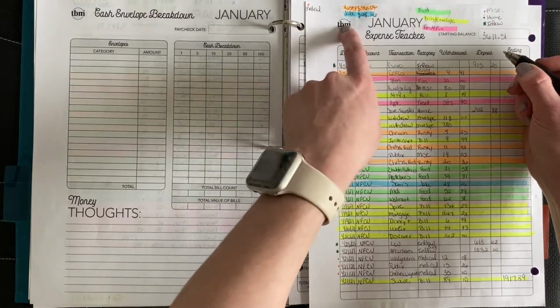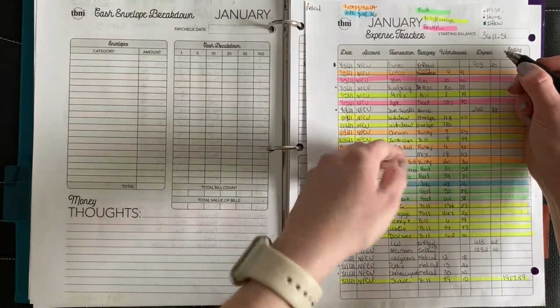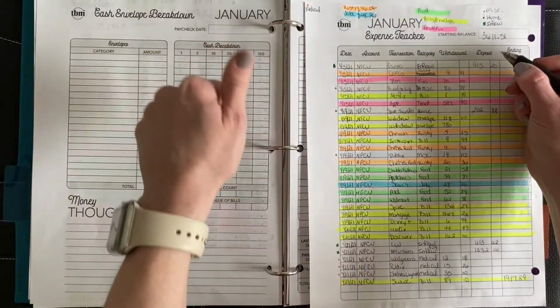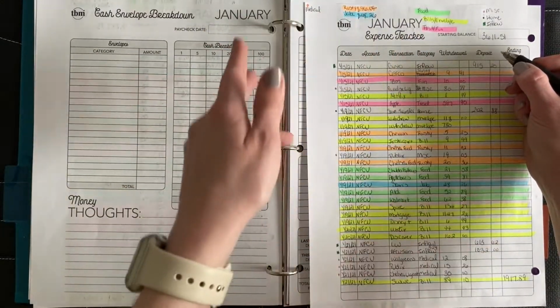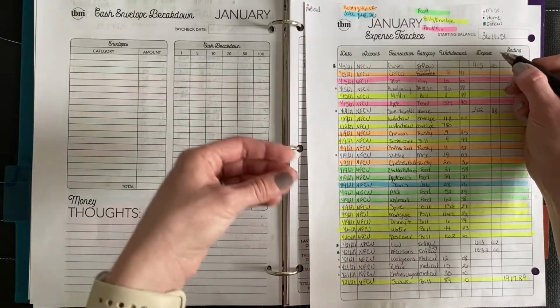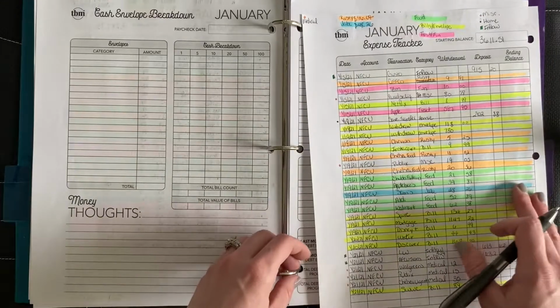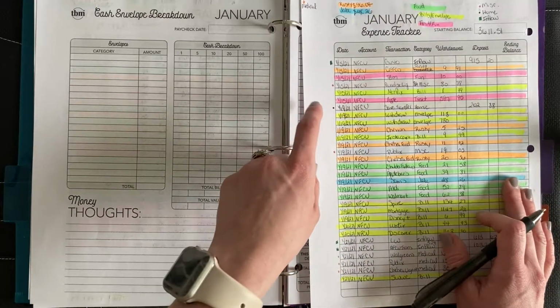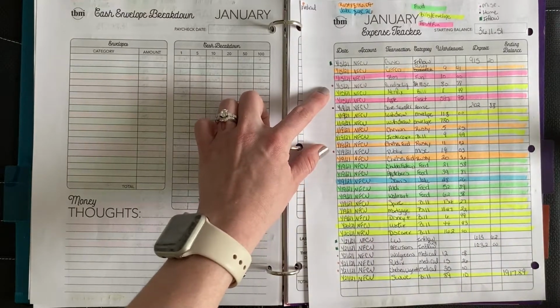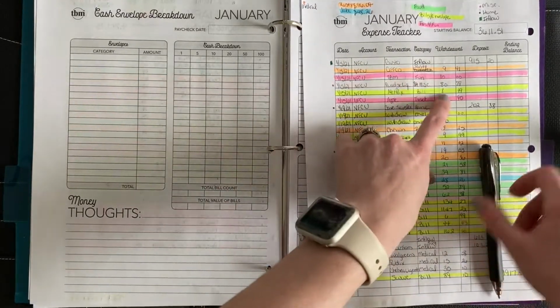And I also make sure that I'm saving throughout the month. I have a whole sinking fund for him that covers diapers, formula, his prescriptions, because he does have pretty severe reflux. And then I try and pad it a little for if I want to buy him a little book or something like that. So the next line, we'll just do the miscellaneous because there's two of them and it's right there. So we've got,